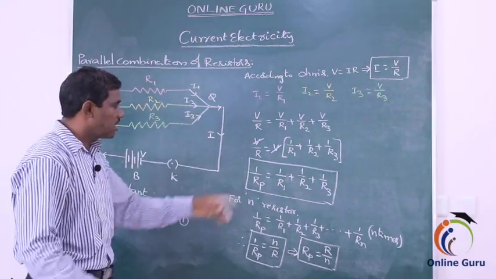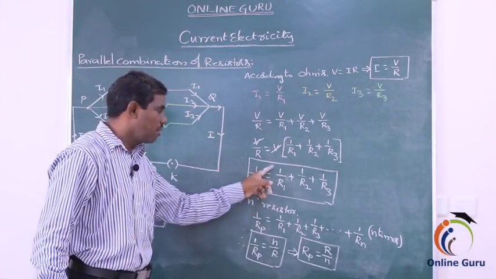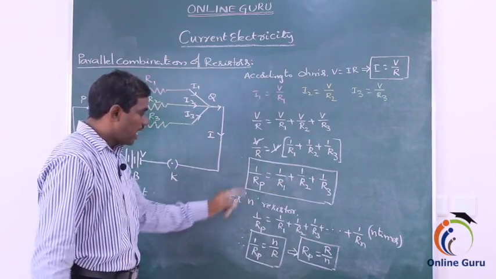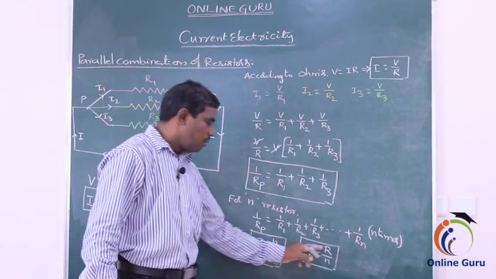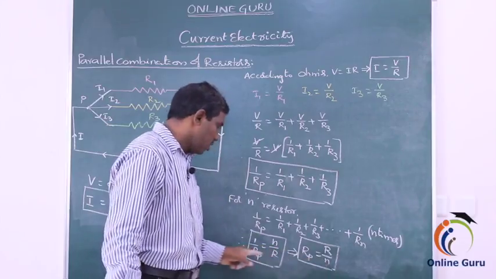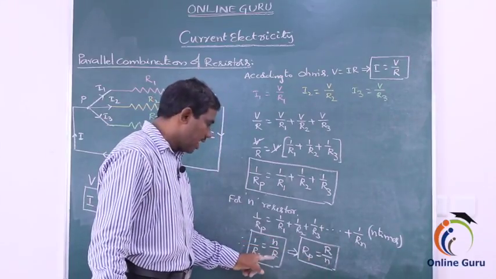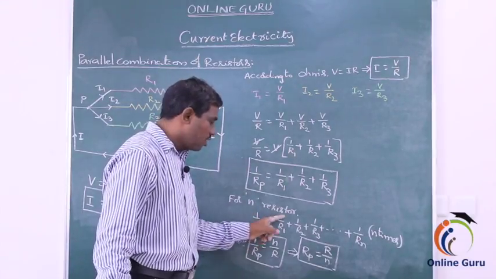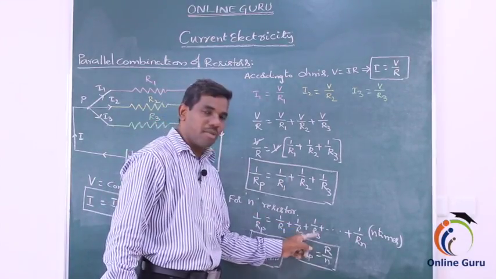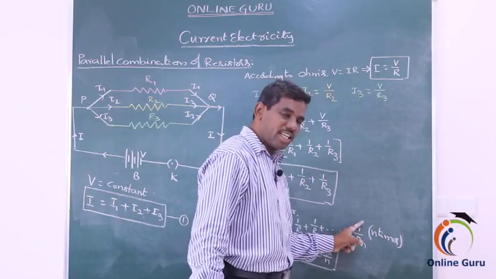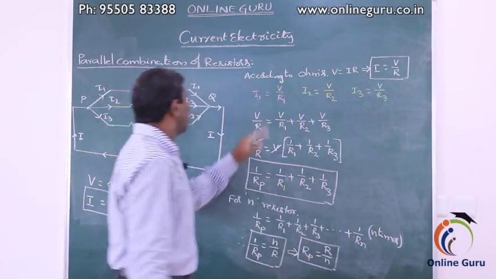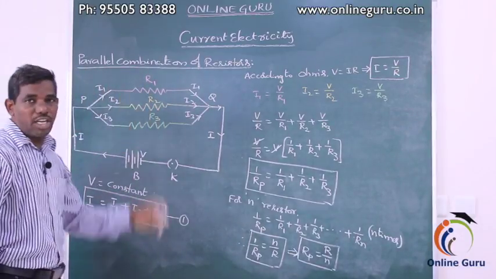For three resistors, 1/Rp is equal to 1/R1 plus 1/R2 plus 1/R3. For n identical resistors, Rp is equal to R/n, or 1/Rp is equal to n/R. For n resistors, 1/Rp is equal to 1/R1 plus 1/R2 plus 1/R3 plus and so on plus 1/Rn. This is the series and parallel combination of